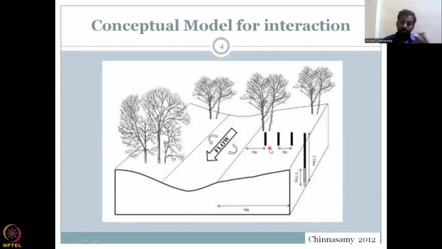Both the sides the water goes, and that is being recorded in the wells that have been kept 3 meters away from the river bank, or the river wetted perimeter. So 3 meters, 2 meters. So there are 3 piezometers, and the depth of the piezometer is 3.58 meters, and you have a screen size of 0.76 meters, to just think about one layer they want to monitor. So here's the point: water goes in, mixes with the groundwater aquifer,